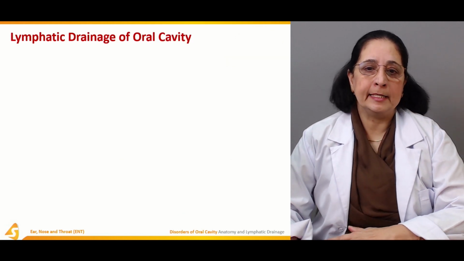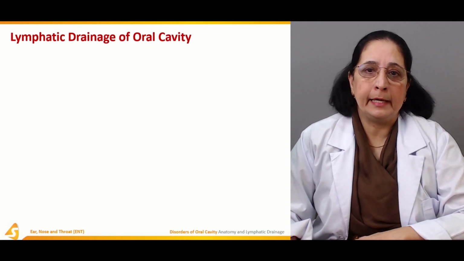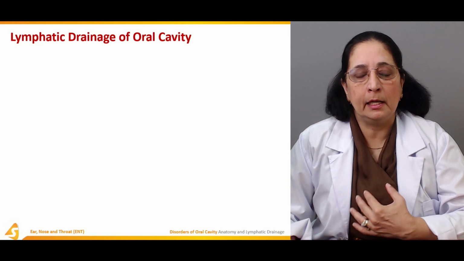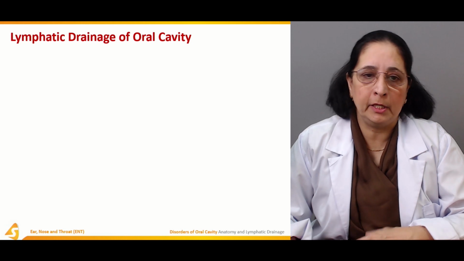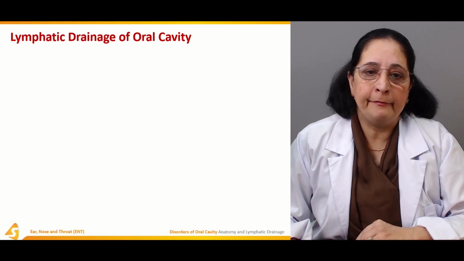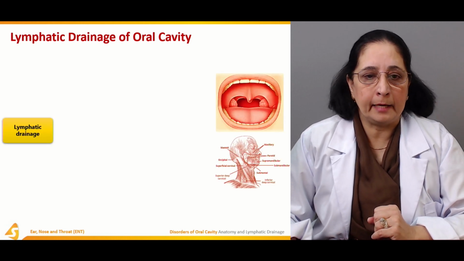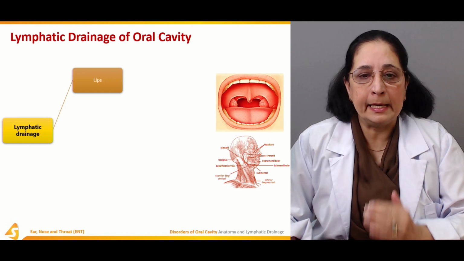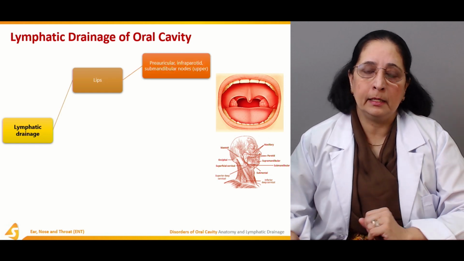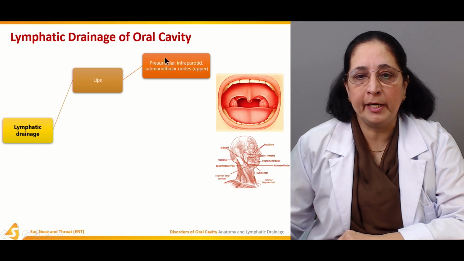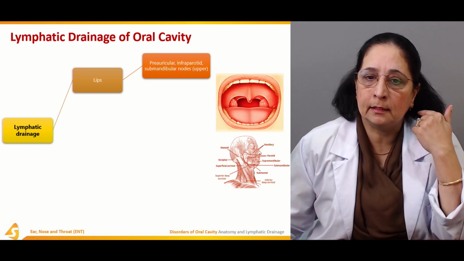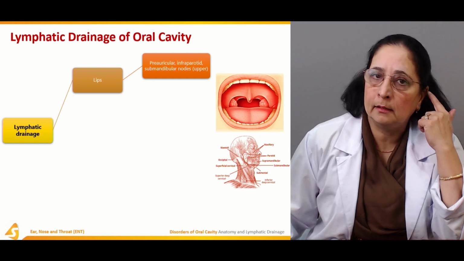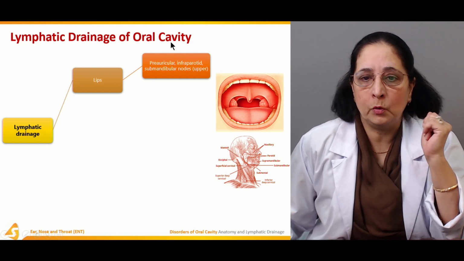Next, the lymphatic drainage of the oral cavity, where the lymphatic fluid goes and drains from the oral cavity. So lymphatic drainage of the oral cavity from the lips drains to the preauricular nodes. Preauricular means in front of the ear. Auricle is for the ear. Preauricular lymph nodes. Then we have